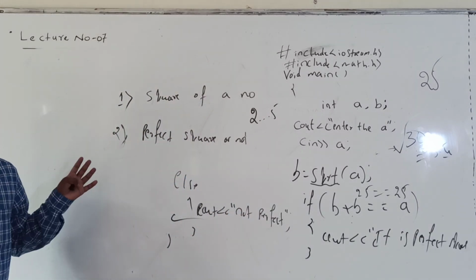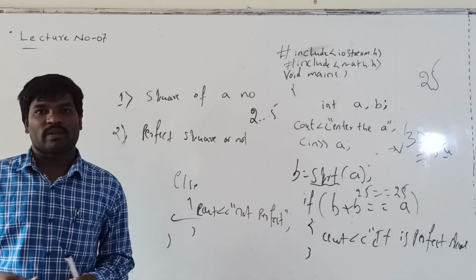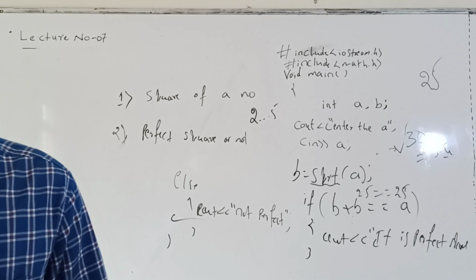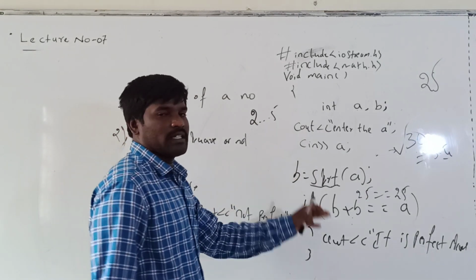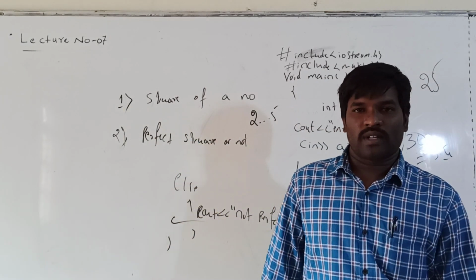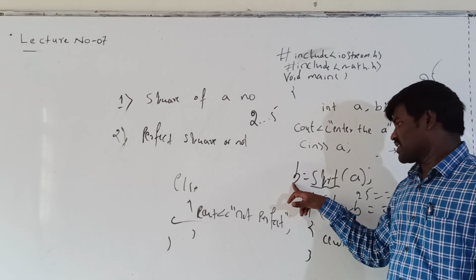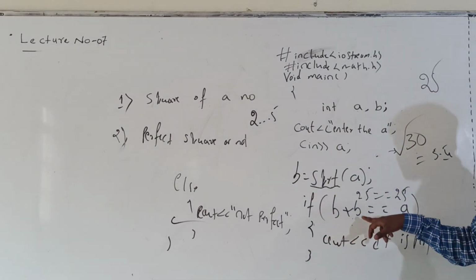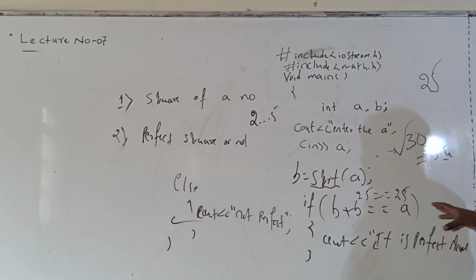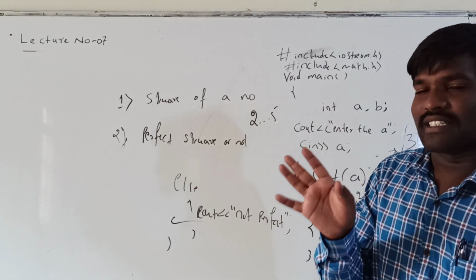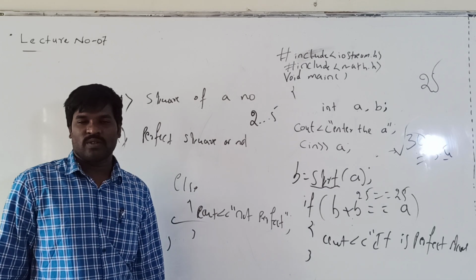So this is also a different type of program: the program to check whether a number is a perfect square or not. First we find the square root of the given number. After that we multiply it with the same number. Here the result is stored in B into B, and it is compared with your input value. If it is satisfied, the system displays that it is a perfect square. Otherwise it is not a perfect square.